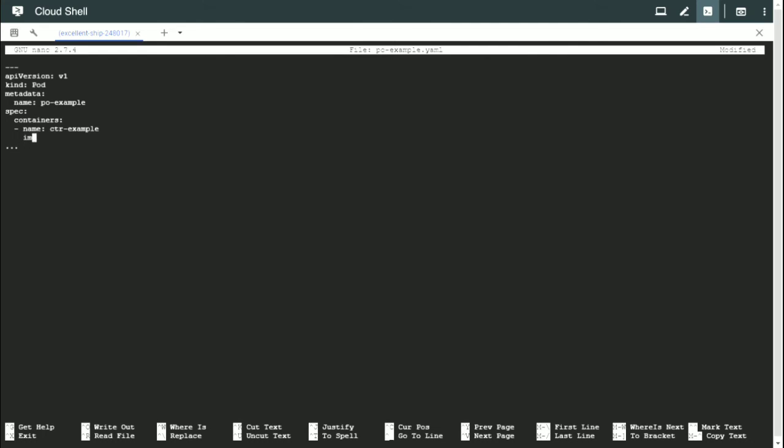Let's pull some image from the Docker Hub. I think we can pull the HTTPD image, which is nothing but the Apache image, and we need to pull the information from the config map into this container. One use case for pulling this is in terms of environment variables. Whatever data we defined in the config map can be imported into the container which is inside the pod as